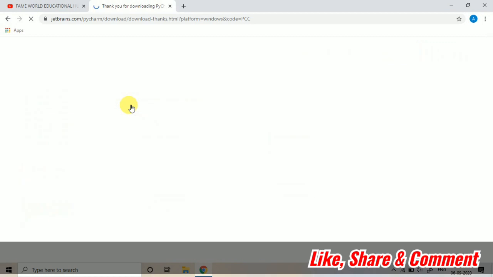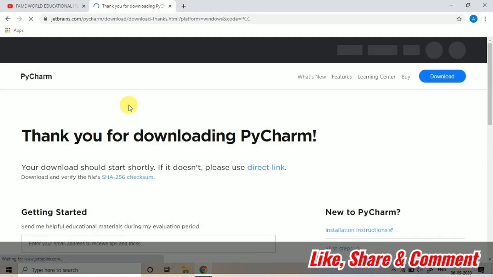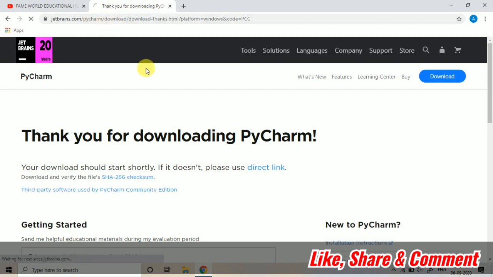You do not have to pay for it. And all the programs which we are going to do, and even more than that, like machine learning or even Django, we are working with, you will not face any problem if you are using this community version. So you can download it from this particular link, you can see. Don't worry, I will share the link in the description, so you can just use my link to download this particular software into your system.